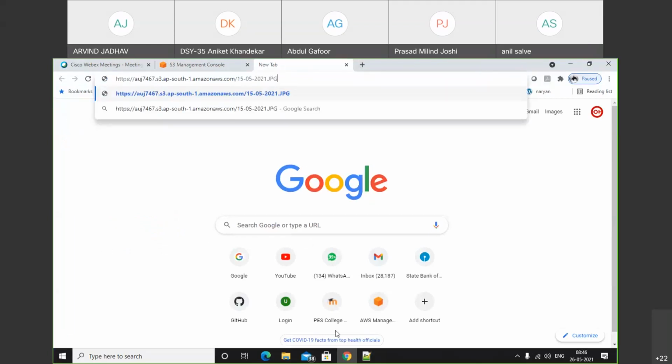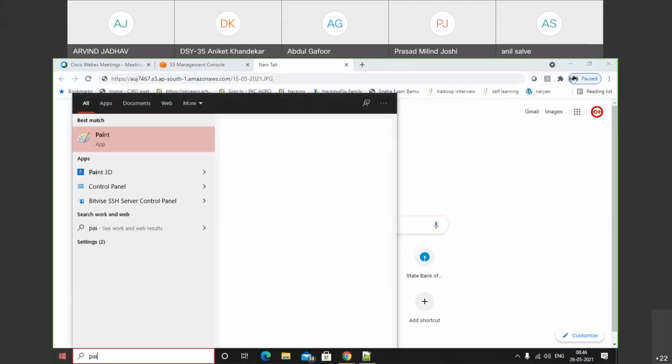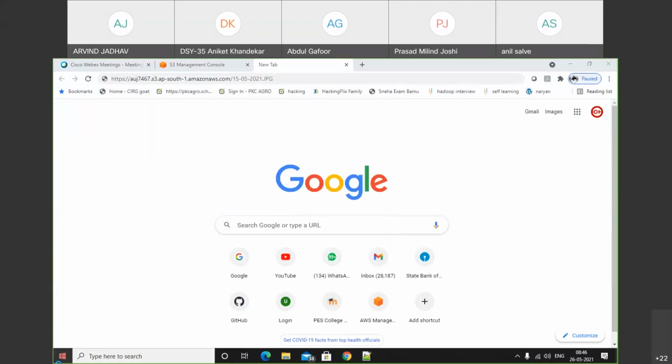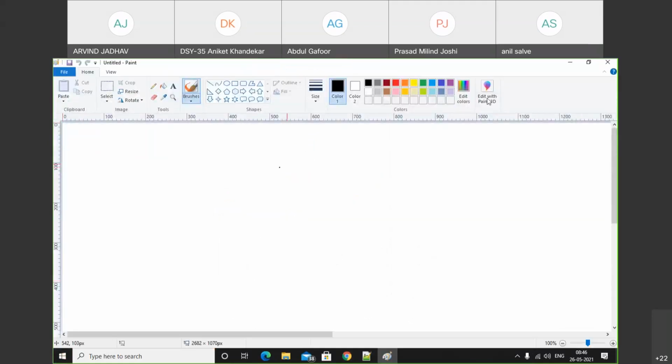See, actually, what happens when we try to access the file. Assume that this is your bucket.